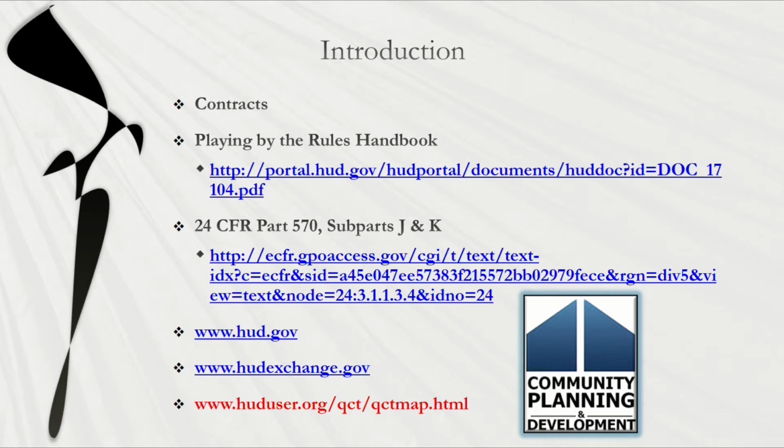This meeting is to educate any and all subrecipient potentials for the Community Development Block Grant funds of all of the necessary administrative and statutory requirements for becoming a grantee under this program. This program will discuss individual contractual obligations and statutory requirements as listed under 24 CFR Part 570, subparts J and